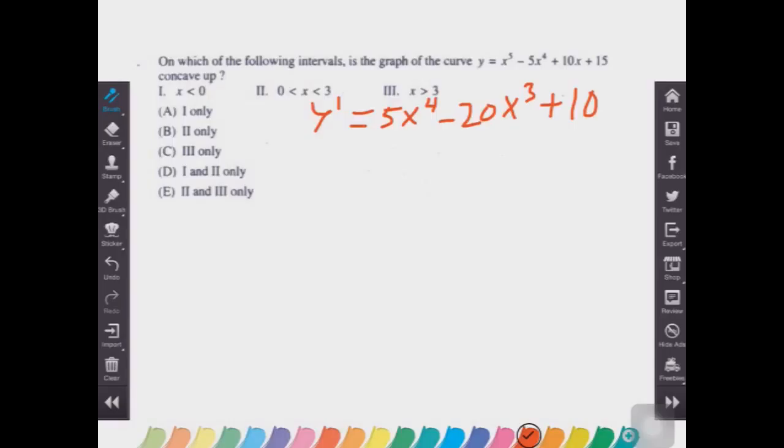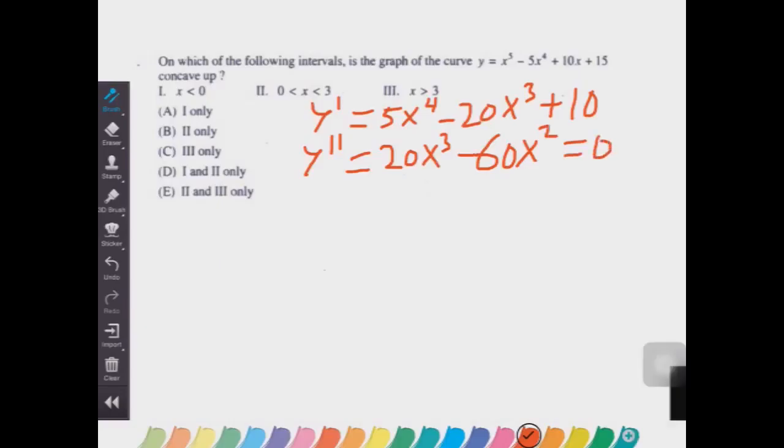Then we'll have to find the second derivative, since we're solving for concavity, which is 20x cubed minus 60x squared. Then we will set y double prime equal to 0